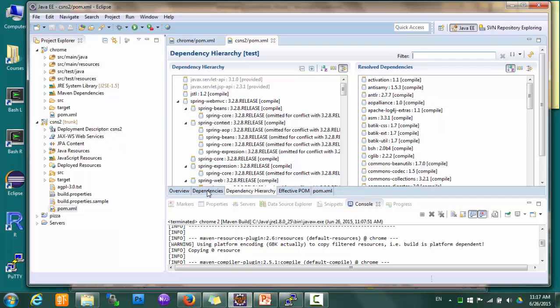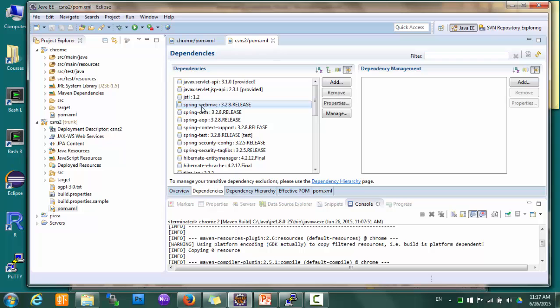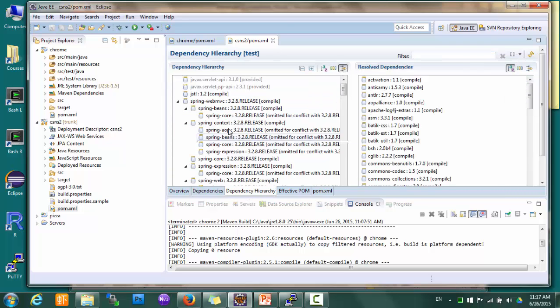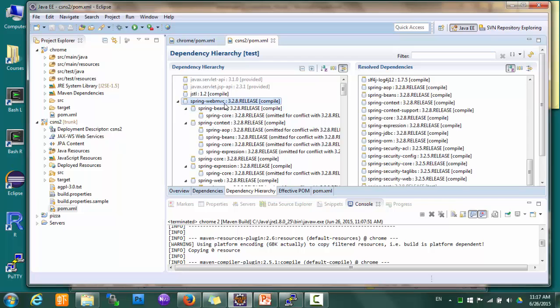For example, notice that we have included a dependency called Spring Web MVC. And here it shows Spring Web MVC, but it also shows that Maven automatically included a second dependency, Spring Beans, because Spring Web MVC depends on Spring Beans, and in turn, it also included